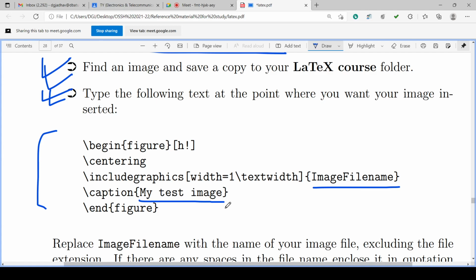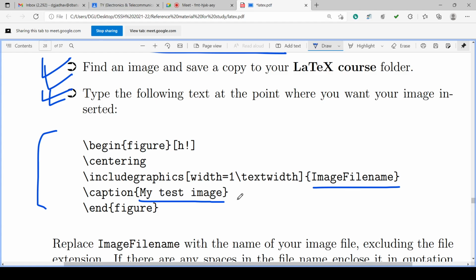So whatever the figure is there, figure is of Arduino board, and you are writing what? Caption, this is Arduino board or only Arduino board. So it is describing the figure. Whatever the figure or image is there, it is telling about it. Caption must be telling about it, more information about it. So you can give the caption. Here my test image is given, you can give whatever the relevant caption. And then end figure is there. So begin figure and end figure are there.